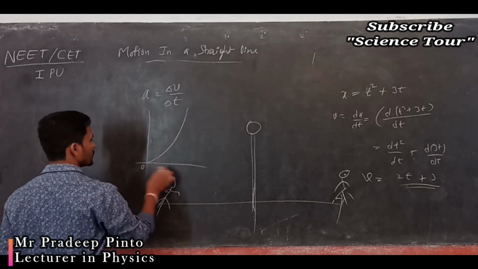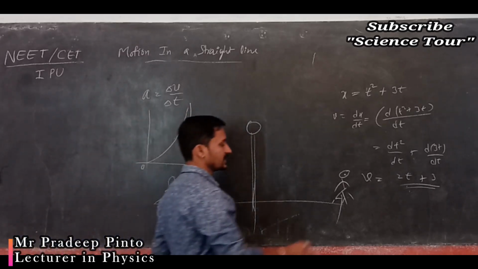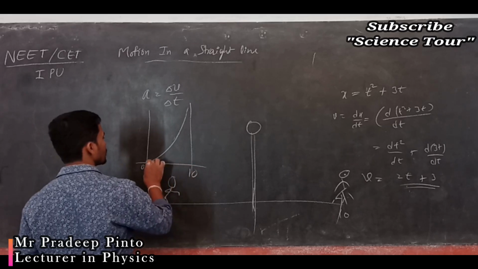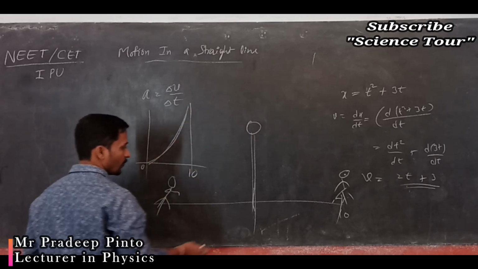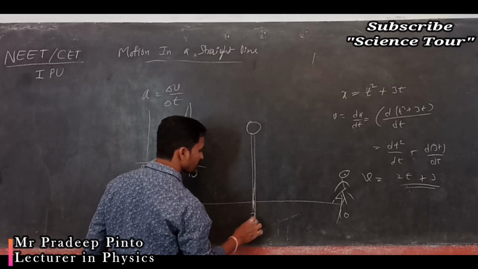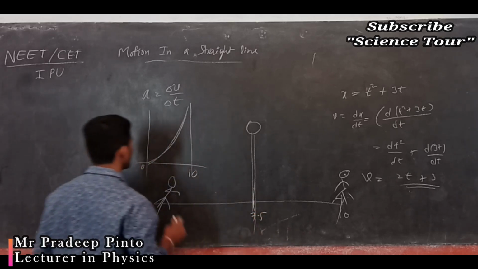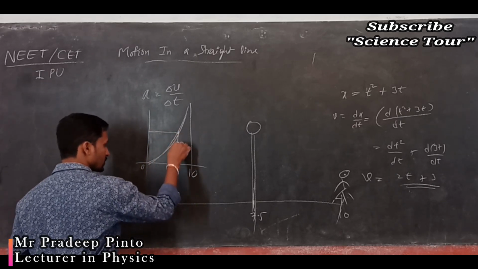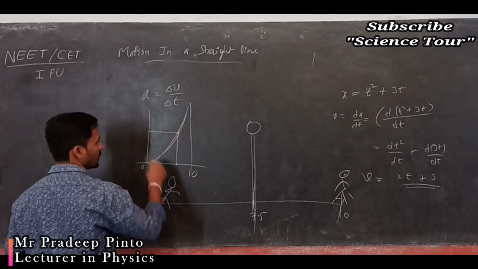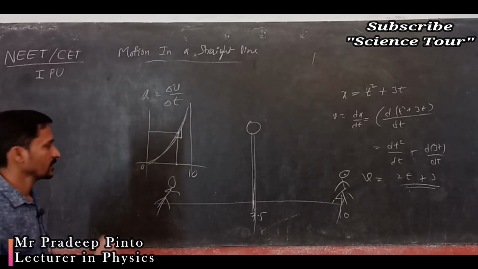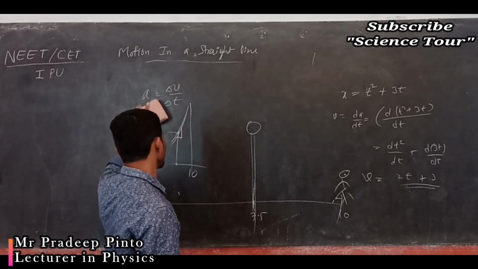From 0 to, say for example, 10 seconds he has taken to cover this 100 meters. So for the 10 seconds we are going to write down, because increased, we want that this time, what was the time when he was reaching here, say for example 7.5 seconds. So 7.5 seconds somewhere comes here. When this graph reaches here, this becomes the distance it traveled. So we can take the slope here and we can find out the velocity. Simple thing. So that's why the graph we have drawn.